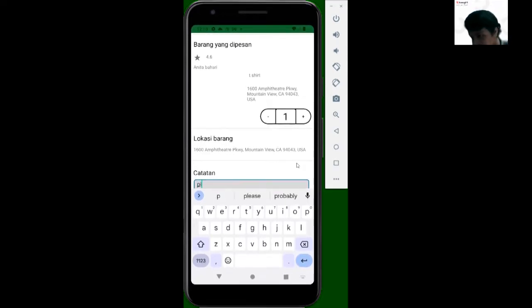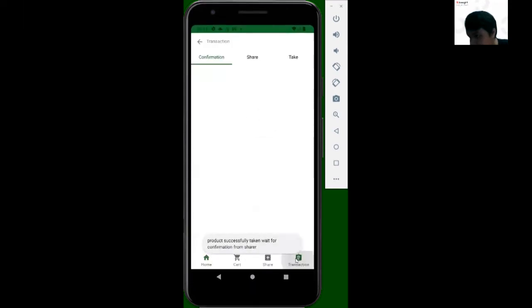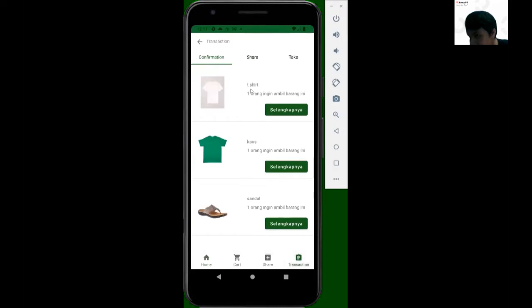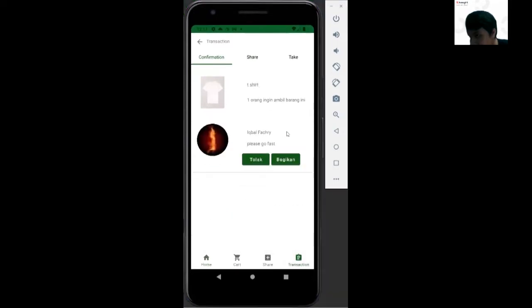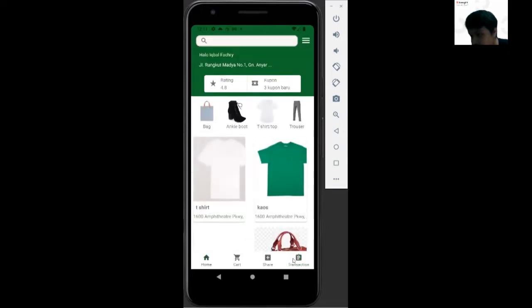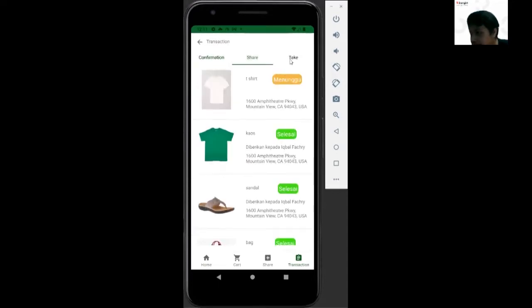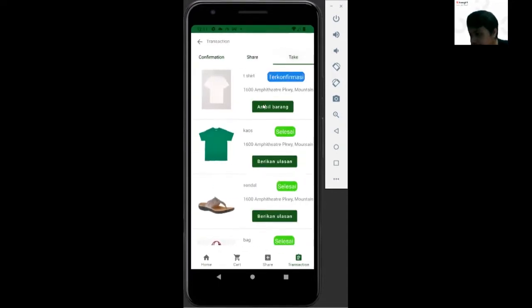We can take a note. Please go fast, and share. After the share, we get the confirmation. We can choose to share or reject it. We choose to share the thing to that person, and after that, the status of the tag is confirmed,